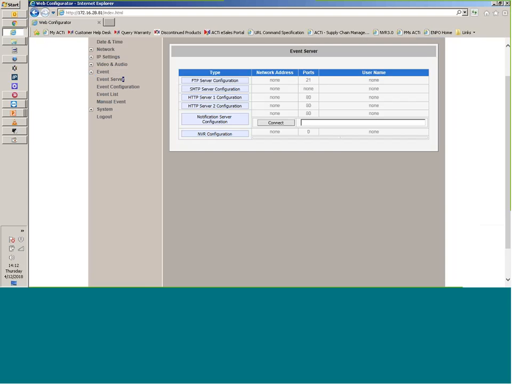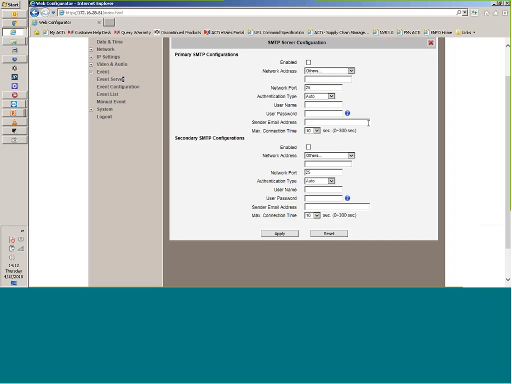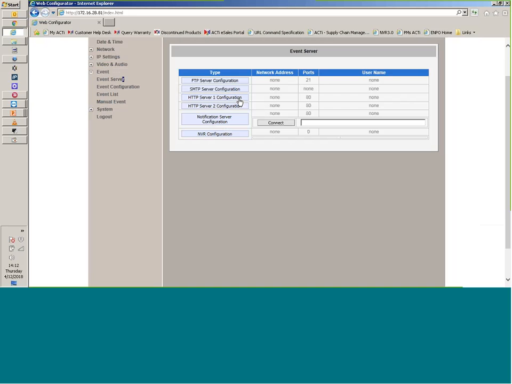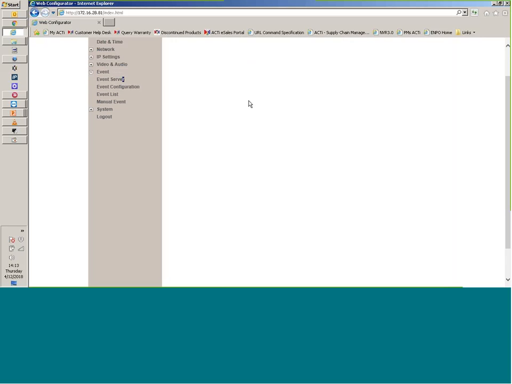the camera has the ability to connect with different servers. We can connect with FTP servers, SMTP servers, and HTTP. The first one is normally used when you want to store a specific snapshot. Let's say that you set up an event, when there is a motion detection, take a snapshot and save it in a specific server. The SMTP is mostly used for notifications, when you want to notify by email as a result of an event. And the HTTP server, you can use it to